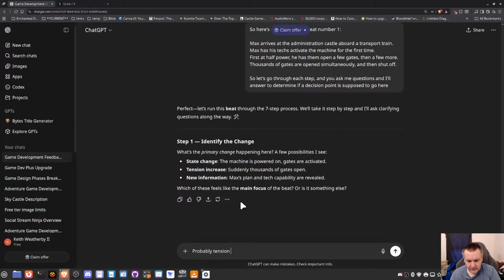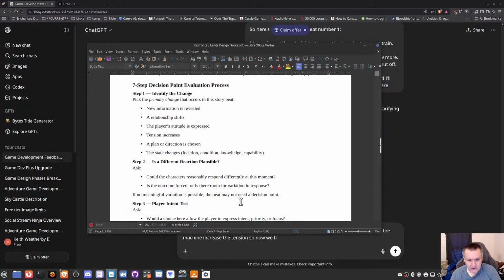Probably tension increase, but not because of the thousands of gates, but rather firing up the machine increases the tension. So now we have, oh, machine is powered on.